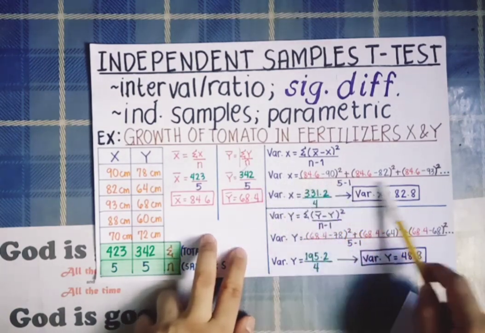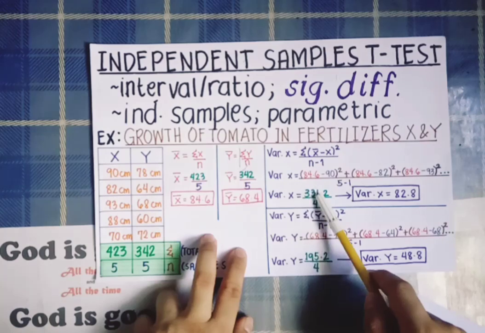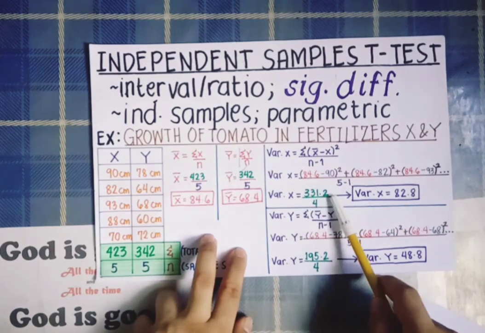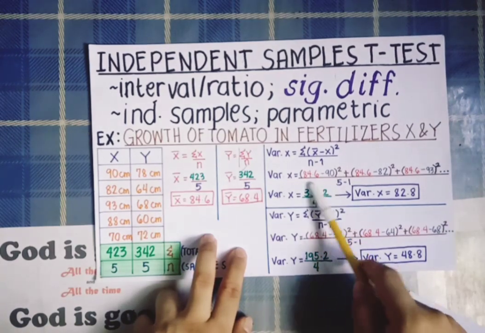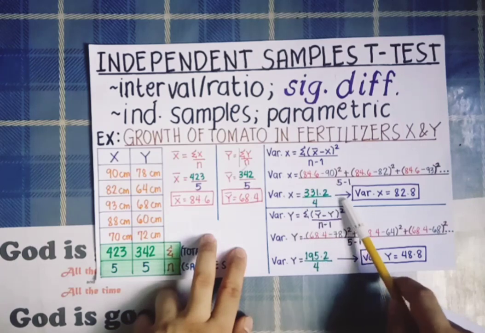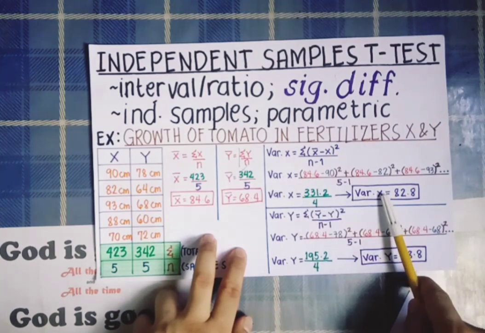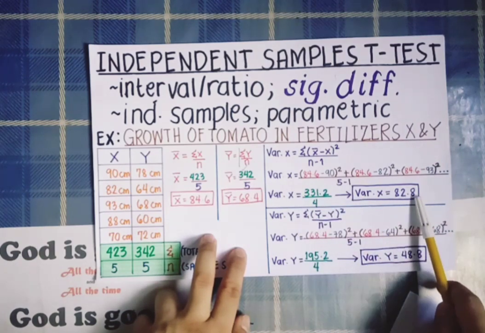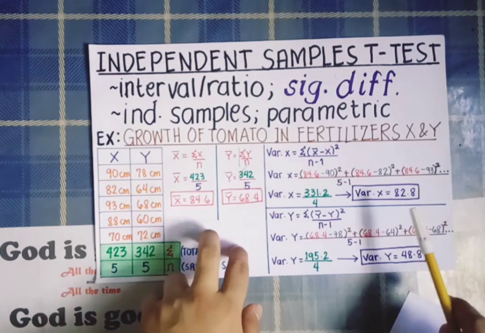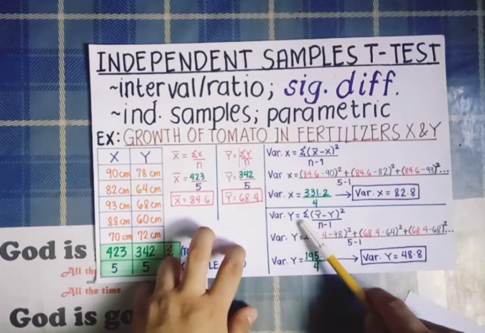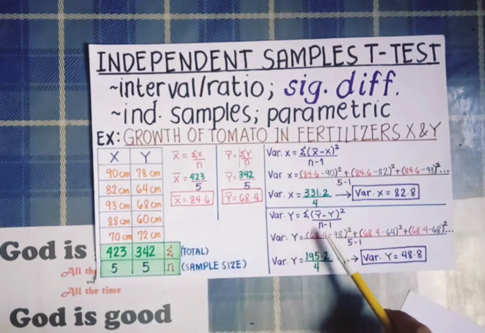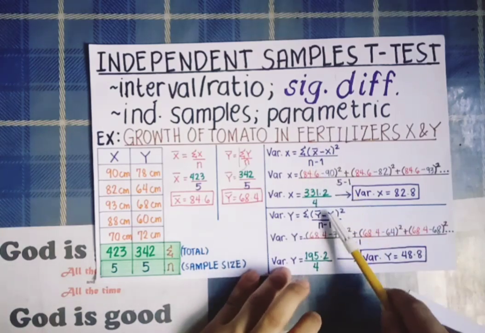If we simplify this equation, then we can have here 331.2 divided by 4. And if we simplify further, then we have variance for x is equal to 82.8. For y, we are also going to do that, but this time the mean here is